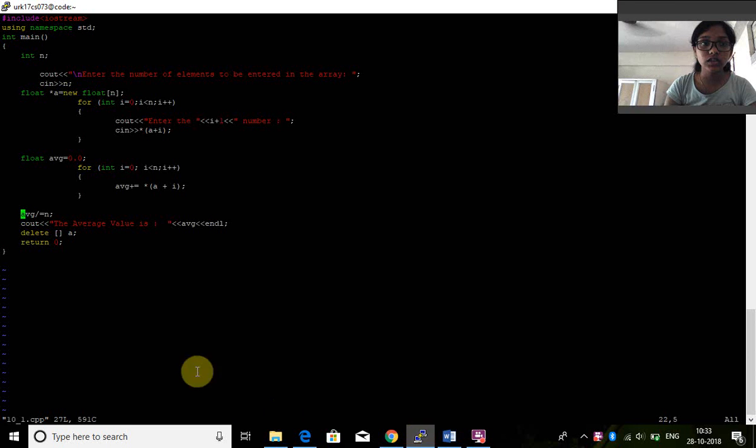So this is the program. Here we are creating, starting from the main function. We're declaring a number n, the number of variables to be stored in the array, and then using n we're creating a pointer element as float star a equals new float n, and then using the for loop we are entering the number of elements in the array. We are reading the